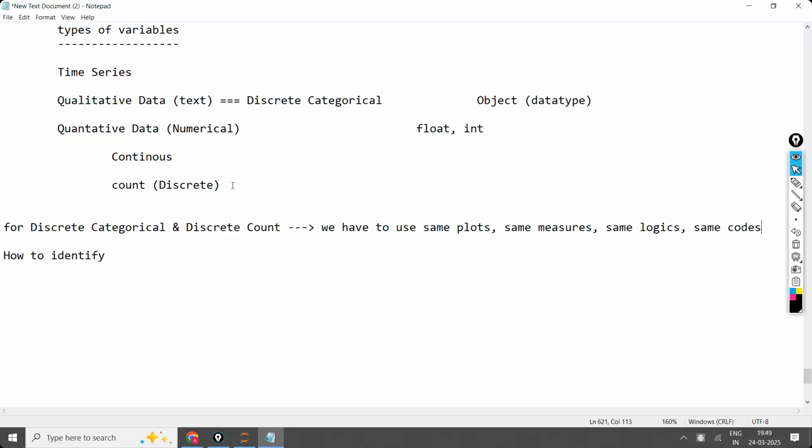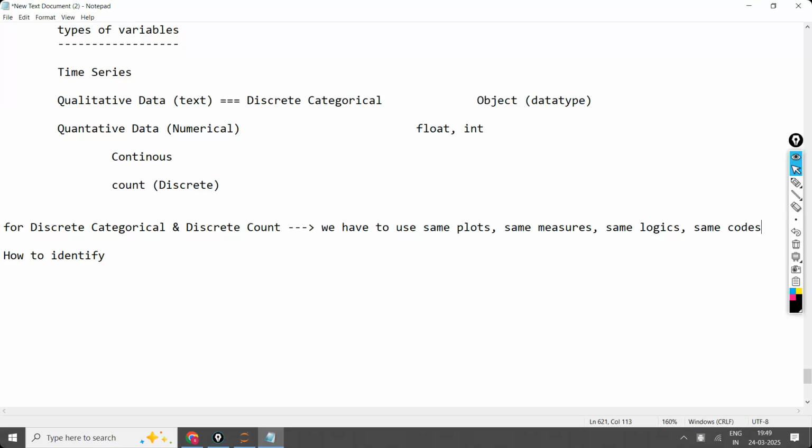Right? So now this df dot group by, whatever group by function you are applying, the same group by you can apply on the count variable also. In the given data set, the tips data set, there is a column named size, the size of the members, that is 2, 3, 4. So you can even apply the group by function on size also. The code and everything will be the same.